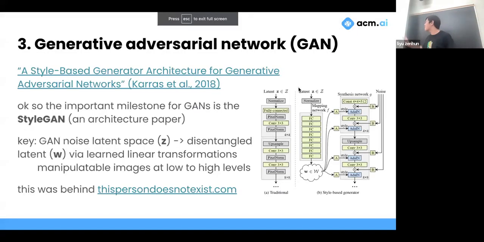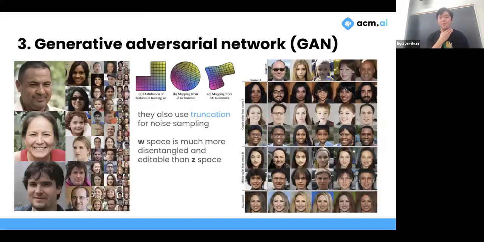But this is the architecture behind it. It's a lot more complicated, and in the interest of time, I will skip this part, like StyleGAN. But the idea is that StyleGAN tries to disentangle the latent space itself, so you can do fun interpolations. But the point is, generative adversarial networks are really good because of this adversarial process.